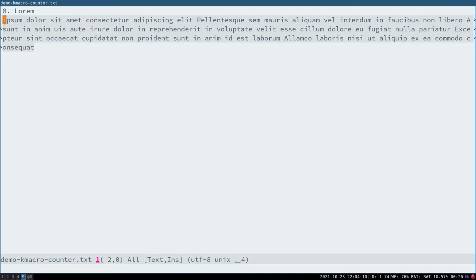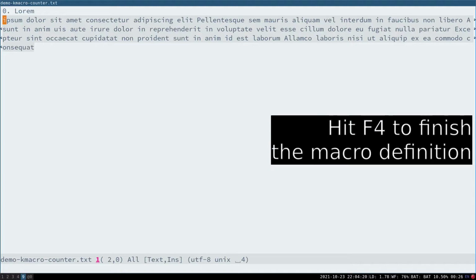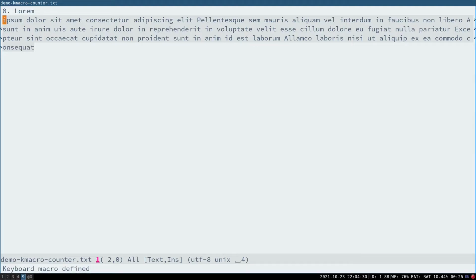Since the point is now at the beginning of the second word, which is perfect for applying a macro, we hit F4 to finish defining the macro. That's it, we've just defined a macro with the counter enabled.